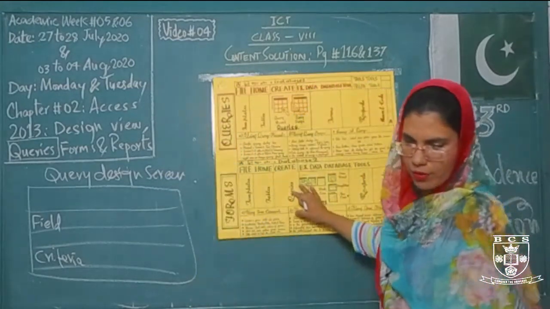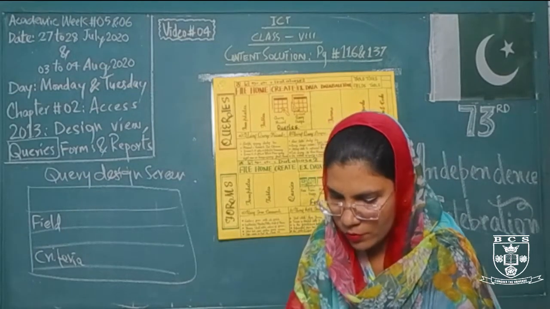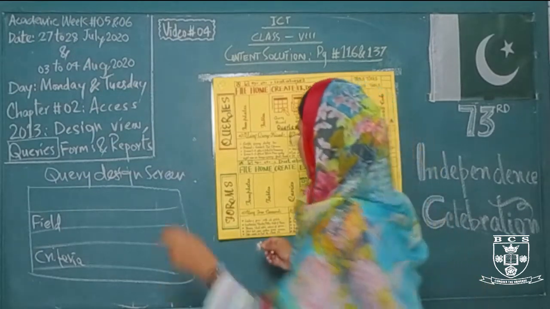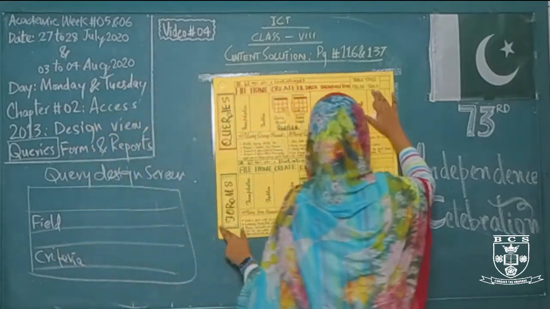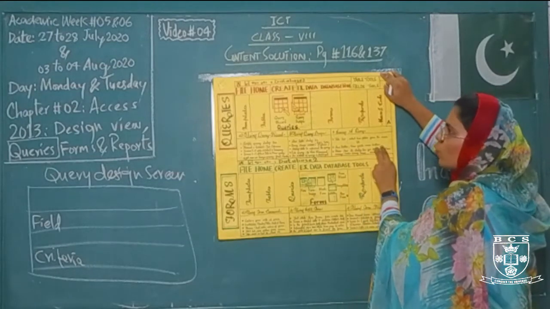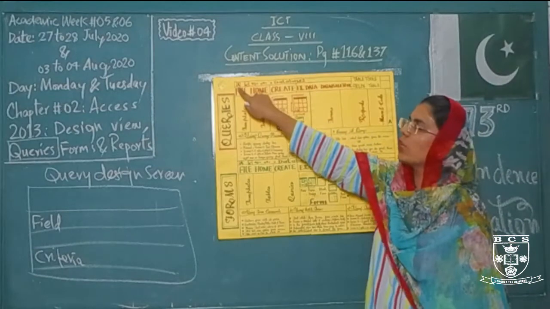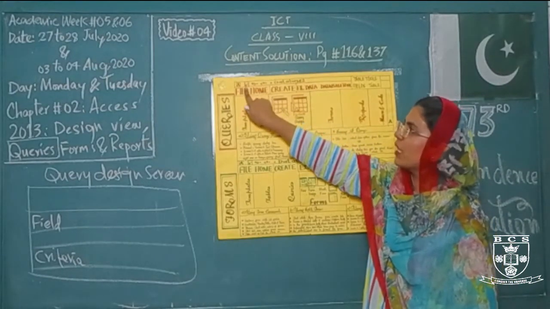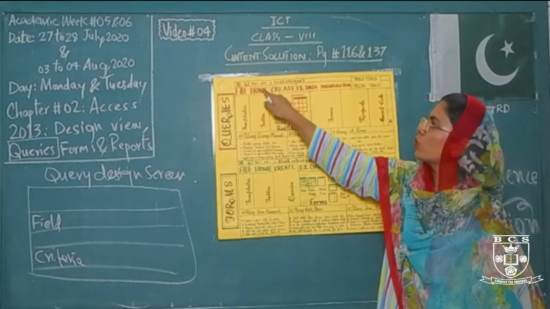And if I am using the second method, the OR method, in this method there is a save button on the quick access toolbar. Where is the quick access toolbar? This is your quick access toolbar. This is your access option. This is the save option, a floppy disk representing the save option, and there are two other options also here